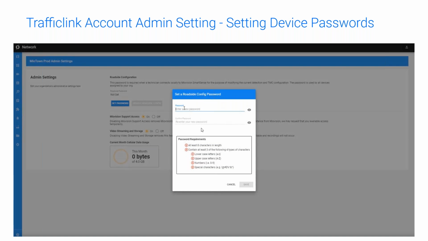So you have to make sure you set up a password for all of the devices, and once the devices have a password, you can actually log into them. It won't allow you to access the devices unless it has a password. That way we can maintain a level of security. That way no one can just get a device out of the box and plug into it and have access to it. You have to actually set up the password first.